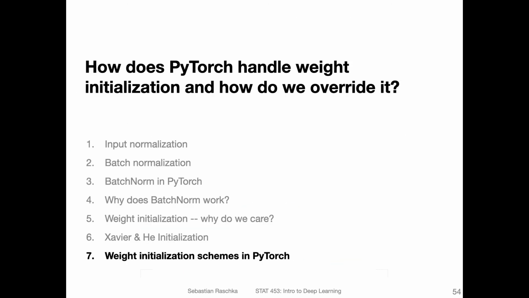This is already it. You don't have to worry about these types of things too much if you just use regular neural networks. There are reasonable defaults in PyTorch. This video was more like illustrating that different weight initialization schemes exist. But in practice, it is a good idea to choose a good initialization scheme, but mostly frameworks handle this automatically pretty well these days. So I will in the next video show you how this is done in PyTorch and how we can change the initialization scheme in PyTorch.